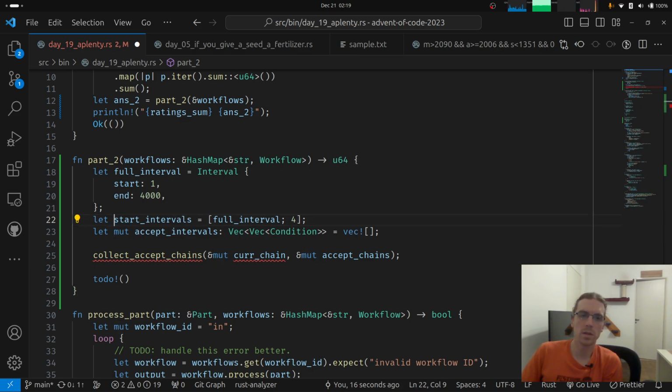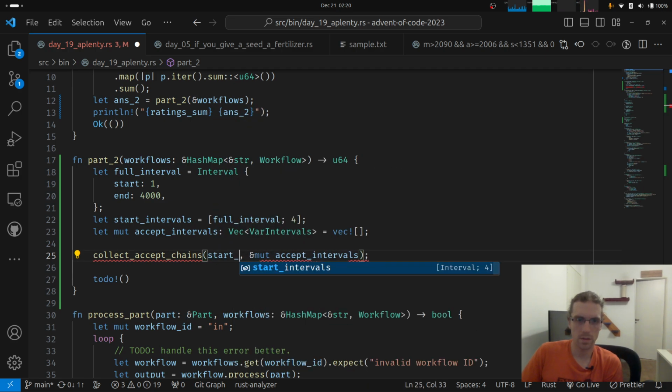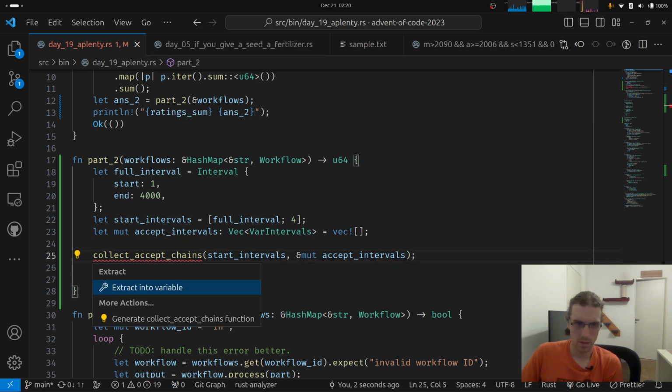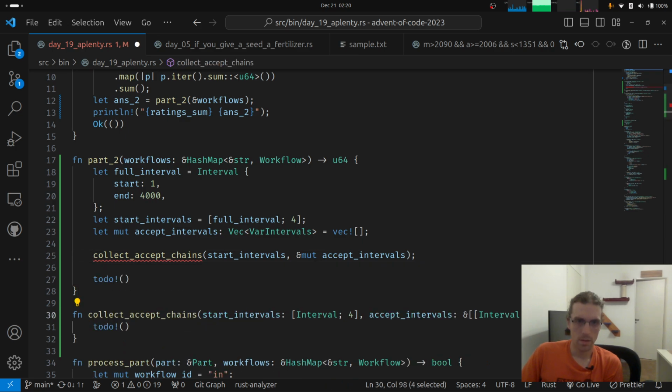Let's just pass copies of this, so we only care about mutability on this, and we are only going to put things in var intervals when we find an accept condition. So we're going to pass accept intervals and just the start intervals. Okay,